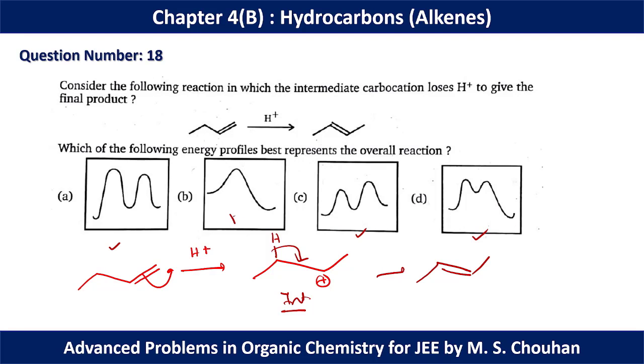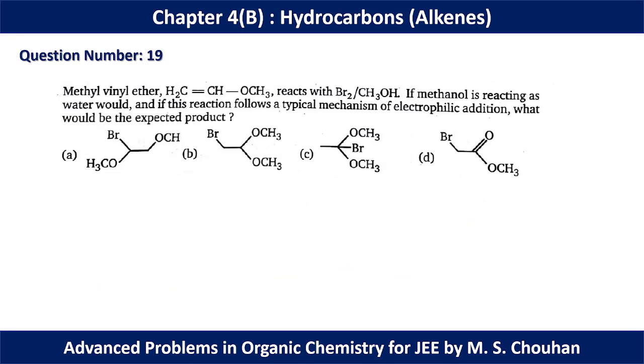Okay, so option B is not possible in this case, as we know that the product is more stable than the reagent due to hyperconjugation. So the product should be lower in energy. In this case the product will be in higher energy compared to the reagent, so this should be the correct option, and obviously we have one intermediate, so this is the position of the reagent, this is the position of the intermediate, and this is the position of the product. Okay, that's why for question number 18 option D is the correct option.